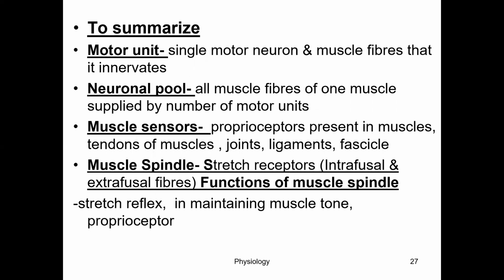Then we have seen what a muscle sensor is. You may have a long answer question on the muscle sensor. So you should know the different muscle sensors: the Golgi tendon organ, muscle spindle, Pacinian corpuscle, and free nerve endings. Then the muscle spindle, which is made up of intrafusal fibers and extrafusal fibers. What is the function of the muscle spindle? What is the structure of the intrafusal fiber? That is the nuclear bag and nuclear chain fiber. What are the afferent and efferent supplies for the extrafusal fiber and the intrafusal fiber? And the applied aspect is the stretch reflex.